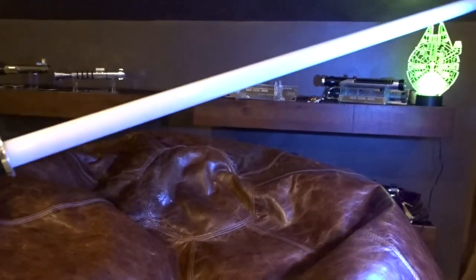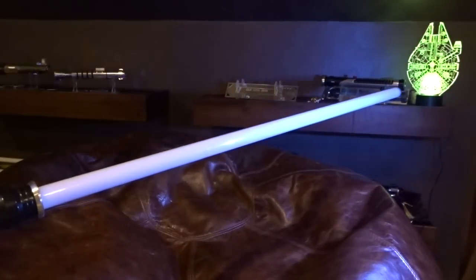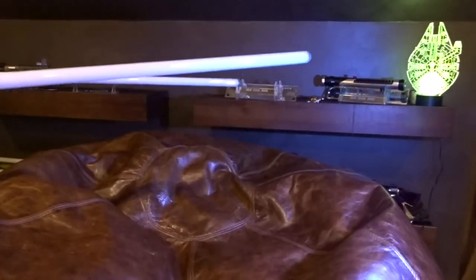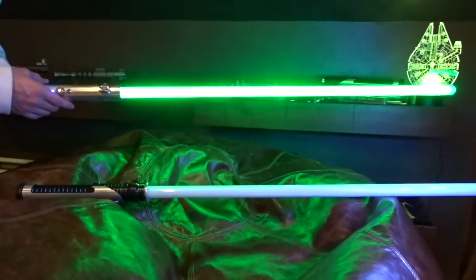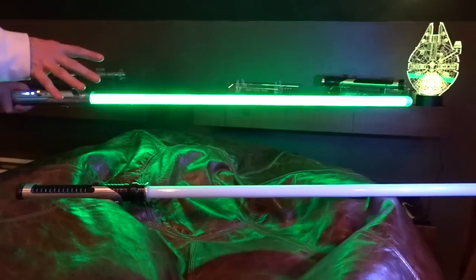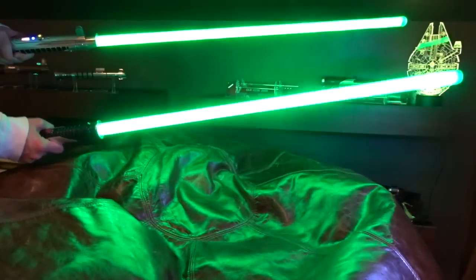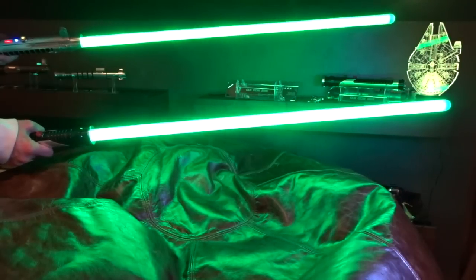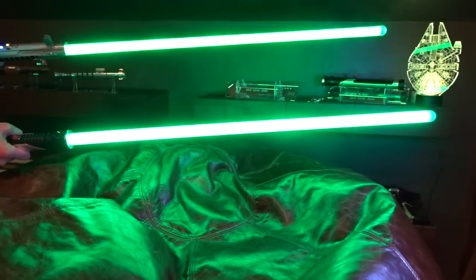Like I mentioned, the blade is a new group of LEDs that I tried. So I'm just going to compare that to an older green that I made, 45-degree viewing angle on this. Now I don't know if you're going to be able to tell on camera. To my eye, this is cool, but this one is better. See if it shows up on camera. The one at the bottom here, the Qui Gon, is smoother, more even, brighter,